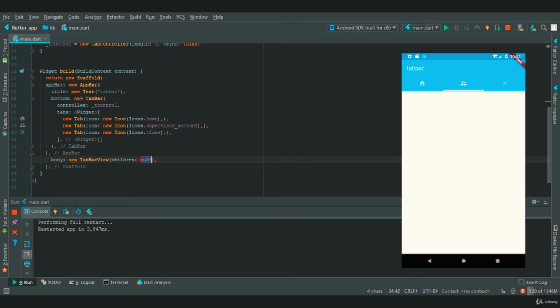Now this tab bar view, consider this tab bar view as a body of different tabs. In this we are going to provide two properties, which is controller, which will be a tab controller, and the second property is the children property, which accepts a list of widgets. In this we are going to provide the body of different tabs. So for the first body, for the first tab we are going to provide a